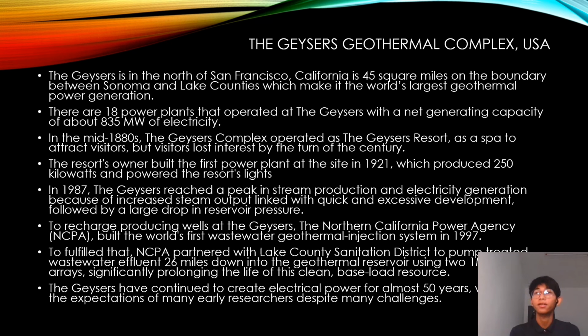835 megawatt of electricity. In the mid 1880s, the Geysers complex operated as a resort spa to attract visitors, but visitors eventually lost interest by the turn of the century. The resort owner built the first power plant at the site in 1921, which produced about 250 kilowatts and powered the resort lights. In 1987, the Geysers reached a peak in steam production and electricity generation